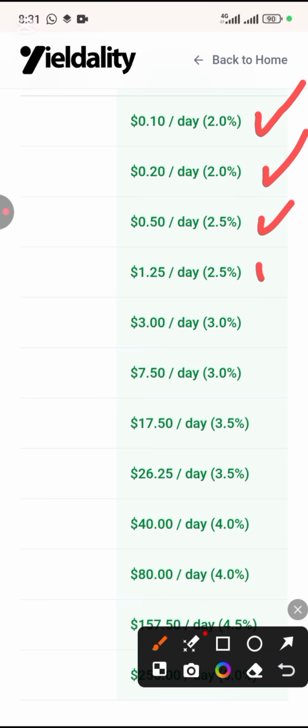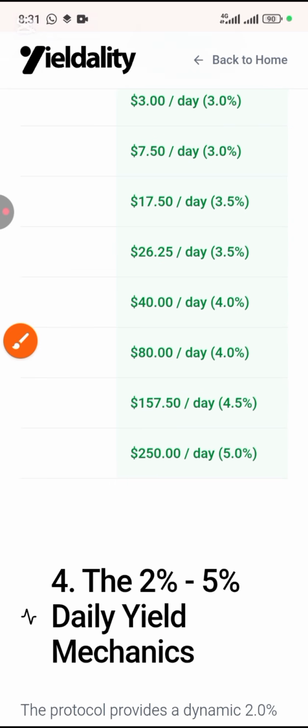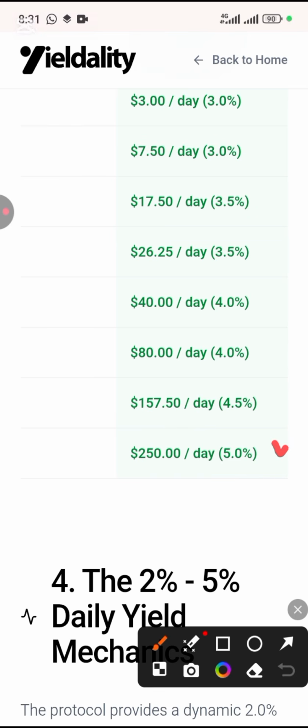Okay, level 4, you'll be earning 2.5% of your money. Level 6, you'll be earning 3%. Level 7, you'll be earning 3%. Level 8, you'll be earning 3.5%. To level 12, you'll be earning 5%. Okay, if you're in level 12, you'll be earning $250 daily.